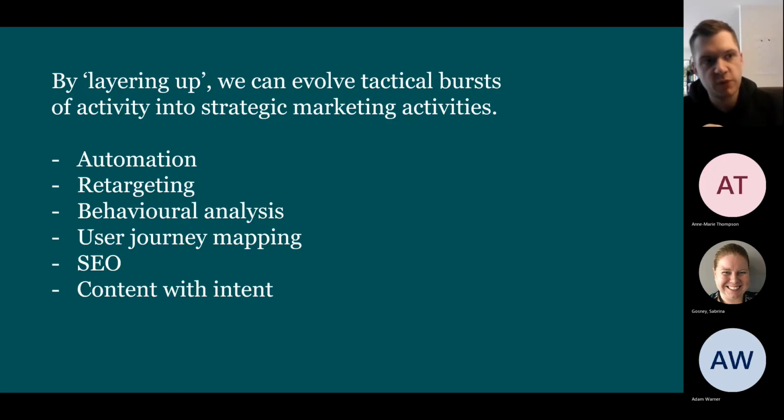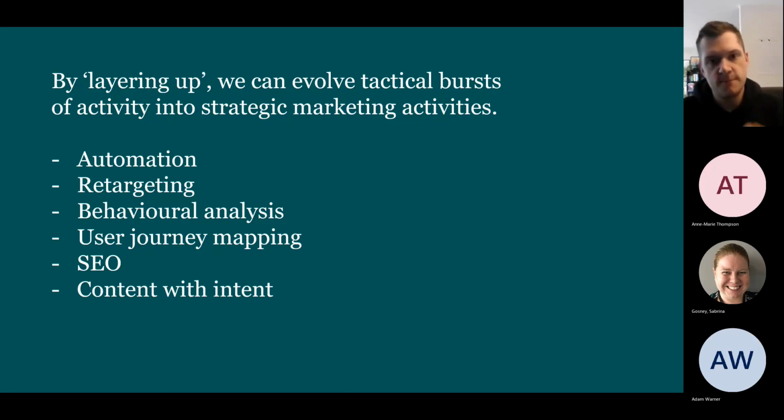Likewise, if we are promoting X on social media and someone then gets linked to a page and the page is completely different, we're giving a very inconsistent user journey there. We need to make sure that that is consistent from end to end, and that might mean creating additional landing pages, creating slightly different tweaked versions of sector pages or case studies.